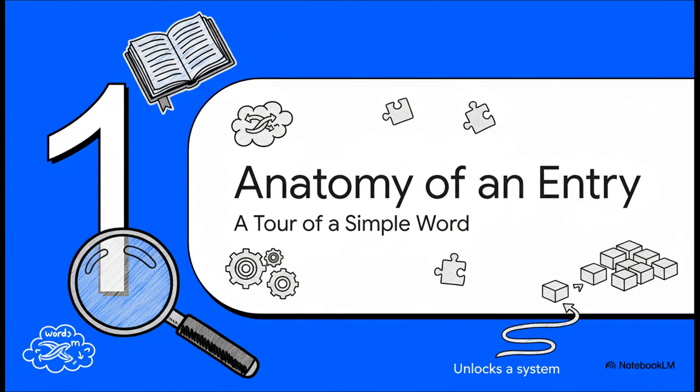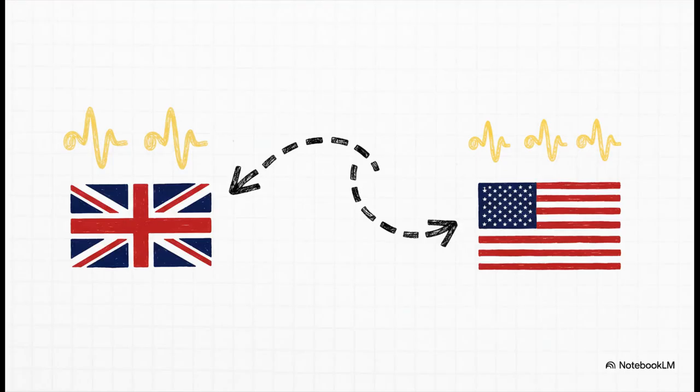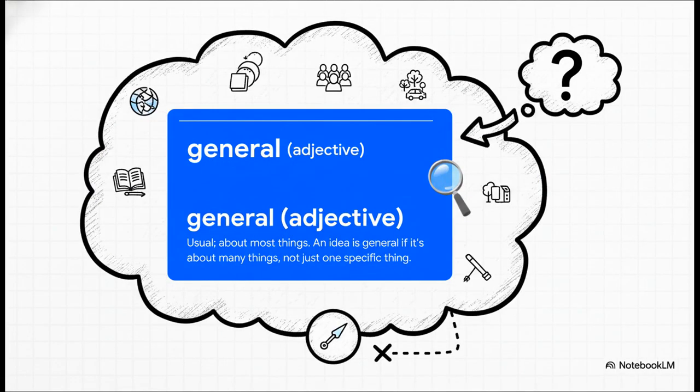and see what this word is really all about. First thing you see is pronunciation, and right away there's a difference. In the UK, it's often kind of clipped, 2 syllables. General. But over in the US, we usually stick an extra one in the middle. Gen-er-o. It's a small thing, but it's a perfect example of how one language can drift and change depending on where you are.